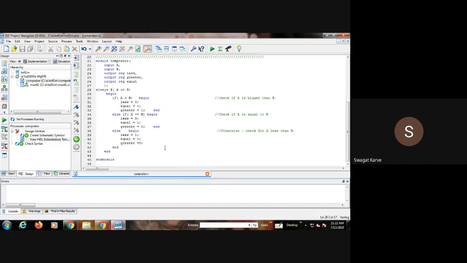Only the syntax is different. Clear? So this is how you can go for the execution of different sequential and combinational logic designs. Clear with this?